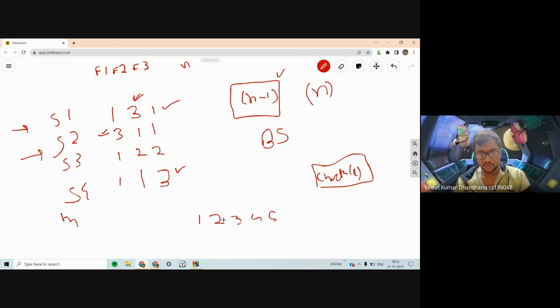Let's see check of 2. Is it possible to select such that everyone gets greater than or equal to 2 happiness? For friend 1, you must select this shop; there is no other option. For friend 2, you must select either this shop or this shop, so that is not determined. And for the third friend, you must select either this shop or this shop. So you can just select S2 and S3 and everyone would have greater than or equal to 2 happiness. So this is true.